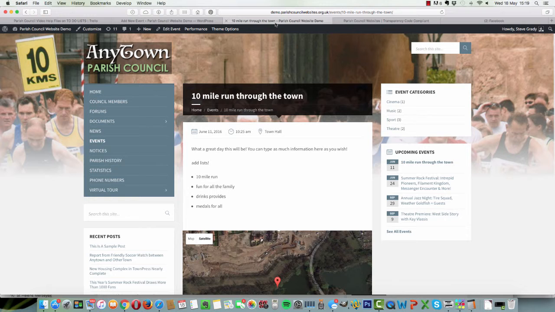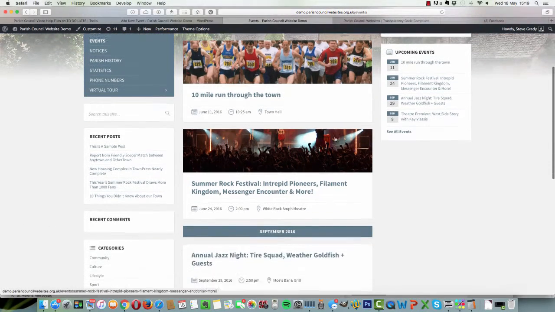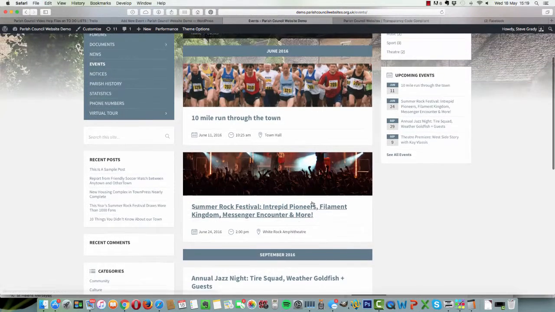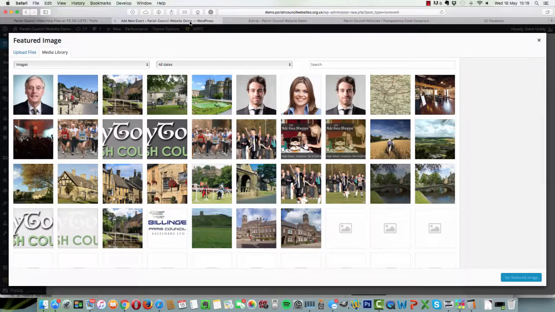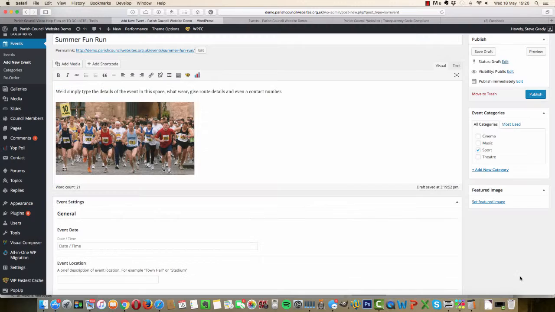And what the featured image does is, if we go to the events, okay, this is on our demonstration website, so if we go to events, you can see that is a featured image, so is that, and here's some posts without featured images. So if you don't add a featured image, this is what it would look like on the event page, and if you do add a featured image, obviously you get this nice effect up at the top here. So what we'll do is we'll choose that image again as our featured image, set featured image,